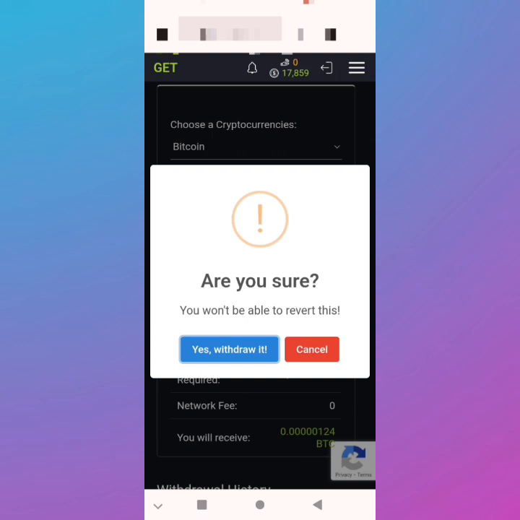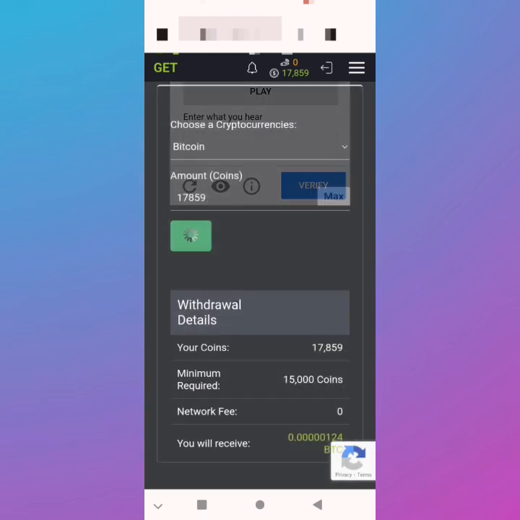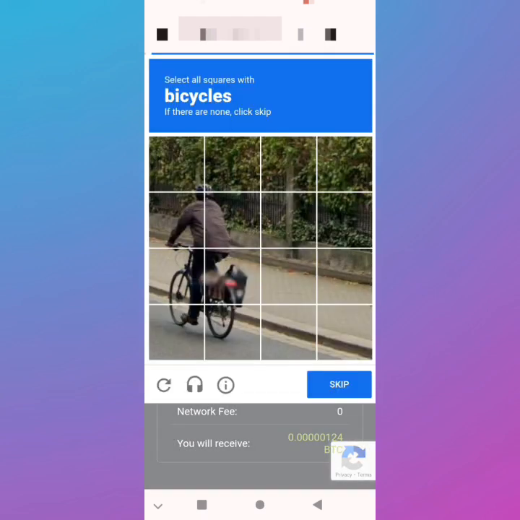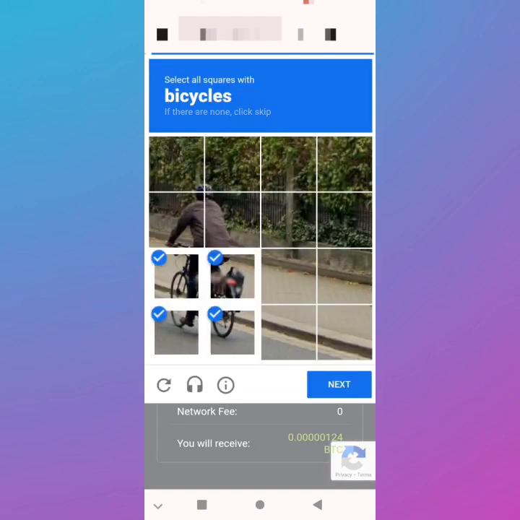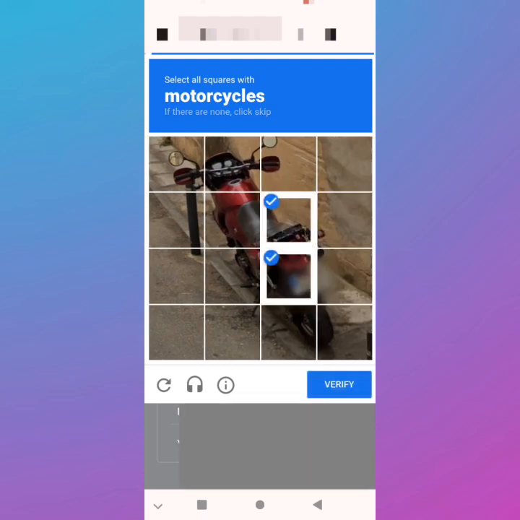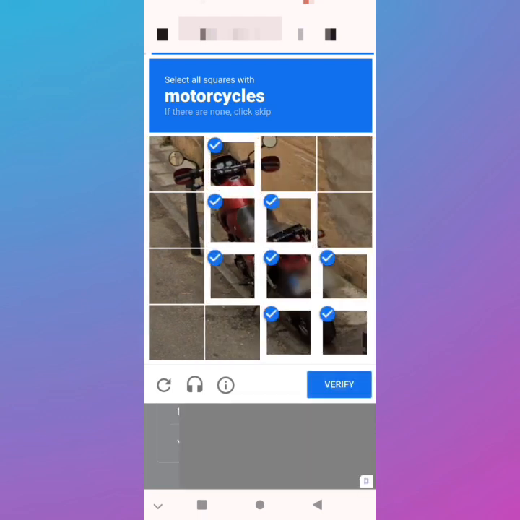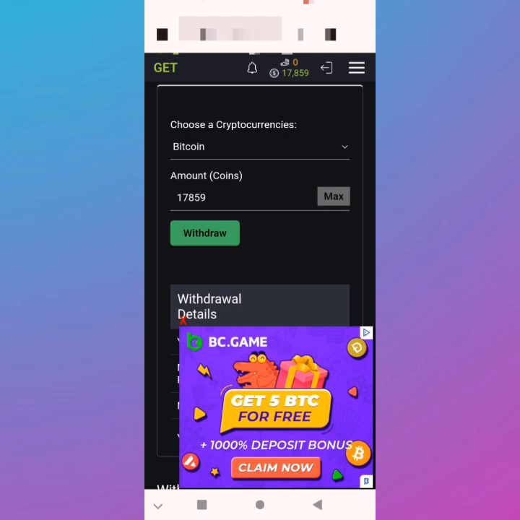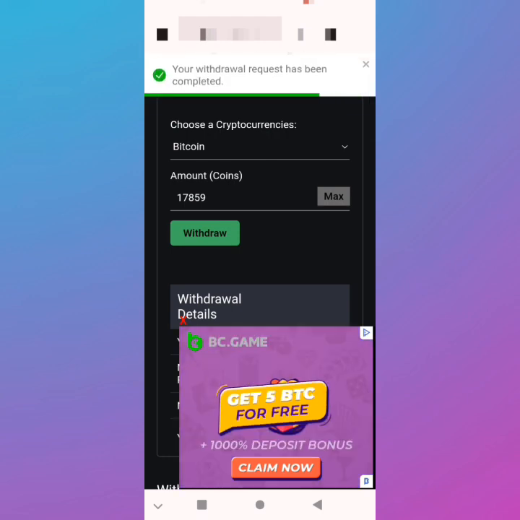You register with your email faucetpay. Don't forget to register with your email faucetpay. Let's withdraw now. We just complete this small captcha and withdraw. It's very simple. We'll use a script to claim unlimited